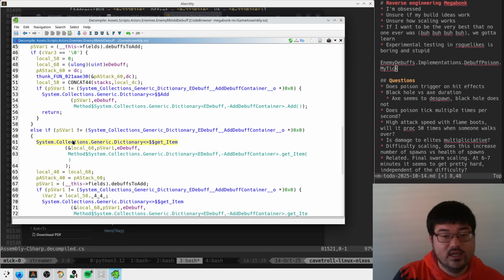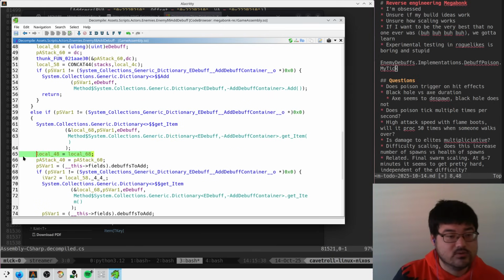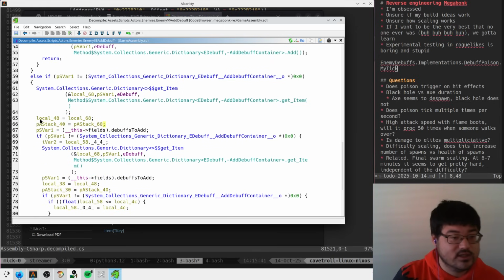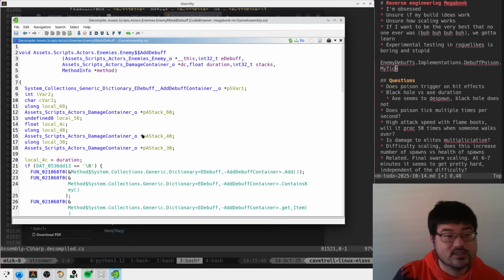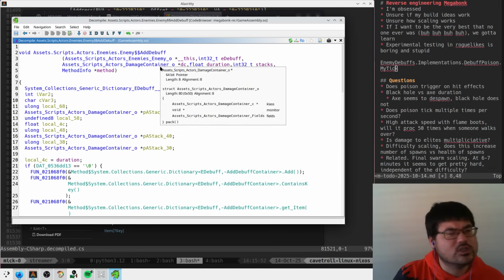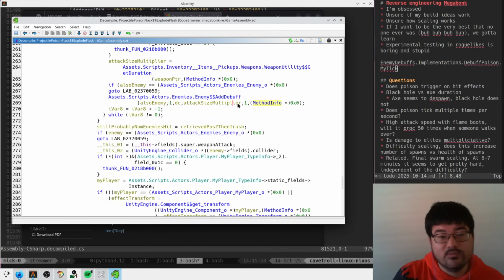So this is the debuff container. If it exists already, then this is in local 48. They just reassign this thing, sure. So it's both of these. We don't know what this is. Damage container here. PA stack 60 is the damage container. Oh, we do hook in the initial damage container of this thing. I missed that earlier. So when we call add debuff,